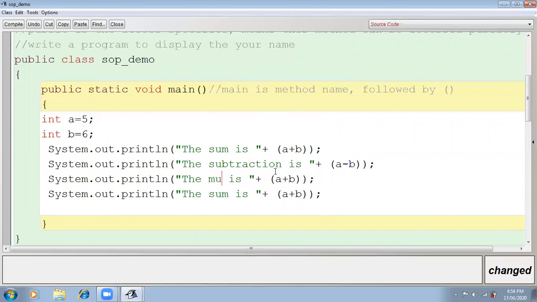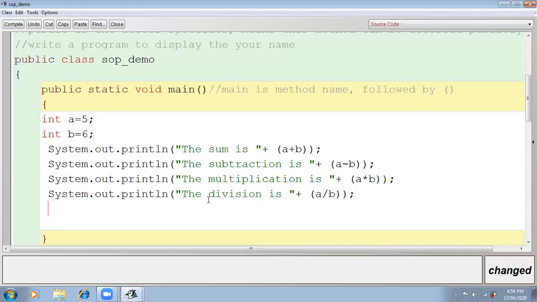Then multiplication, a multiplied by b. Then division, a divided by b. Then after it modulus means remainder.